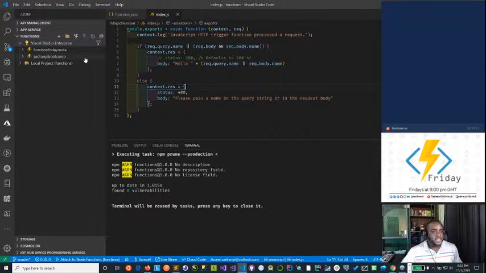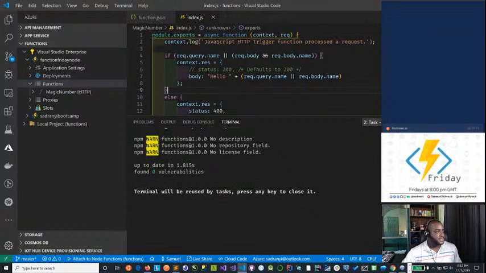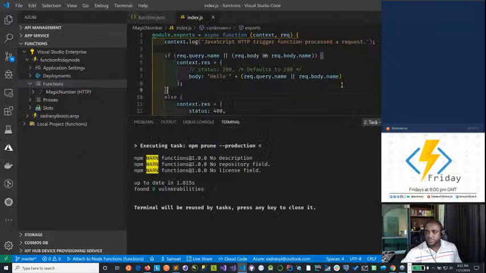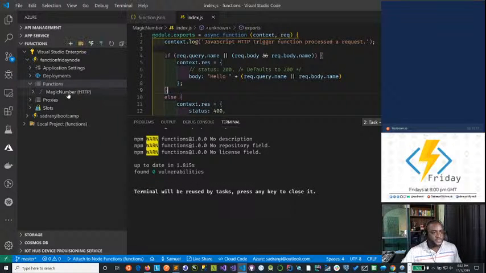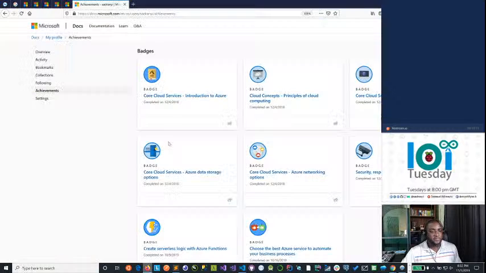All right, so our function has been deployed. So if we open this up, as you can see, if we go to functions, there is our magic number function. All right, let me actually bring this up a bit so it's much, oh, that's too huge. Okay, so now when I right click on it, I can say copy function URL, and now I can open